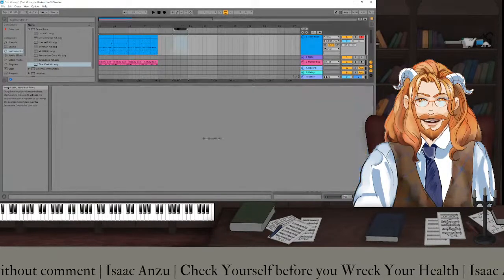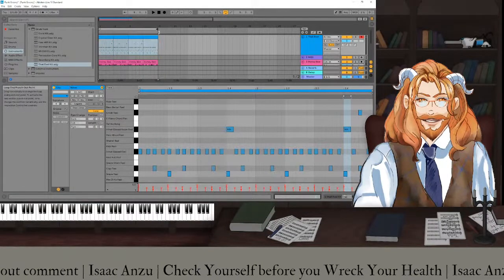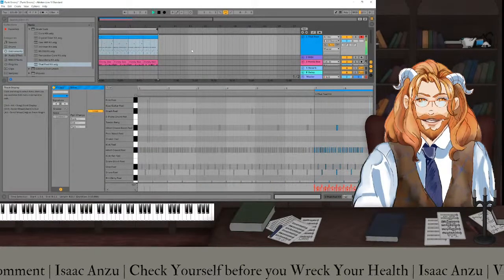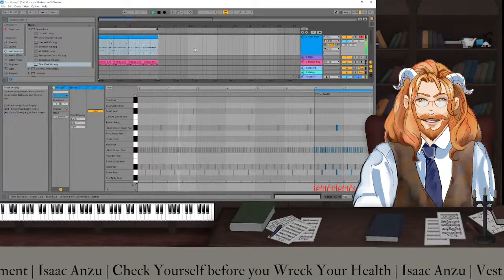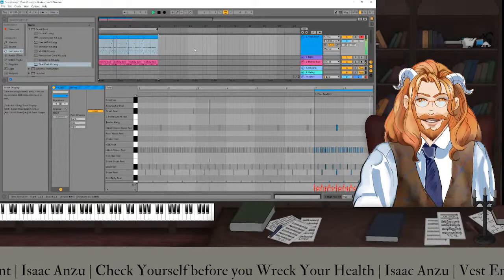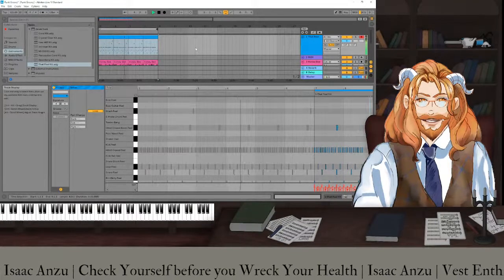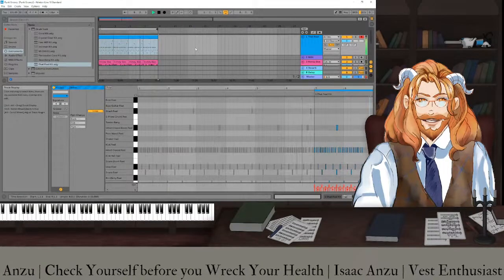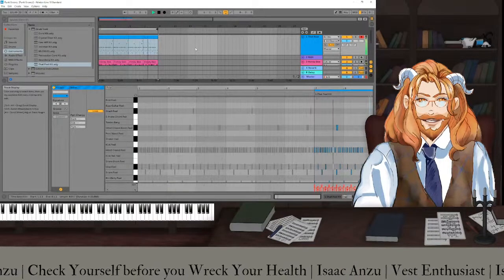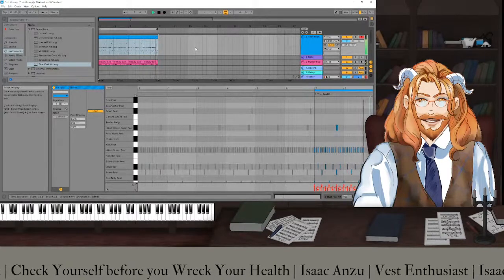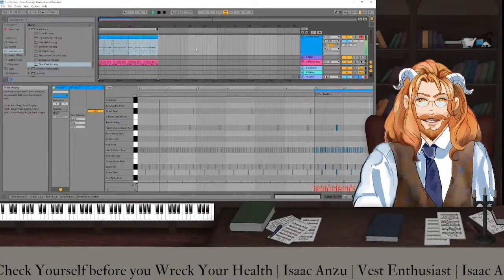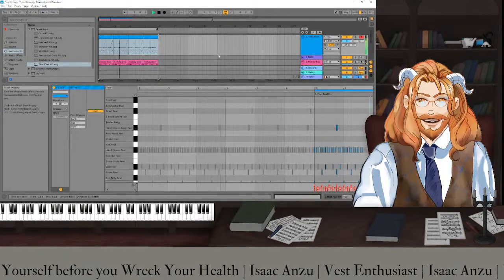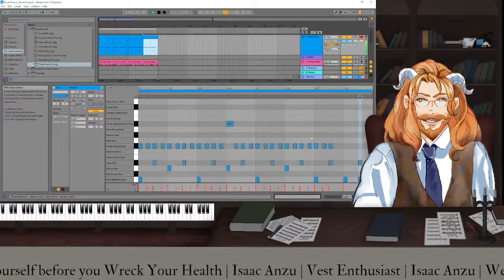So now, full 8-bar phrase. Look at that. Okay, I see.